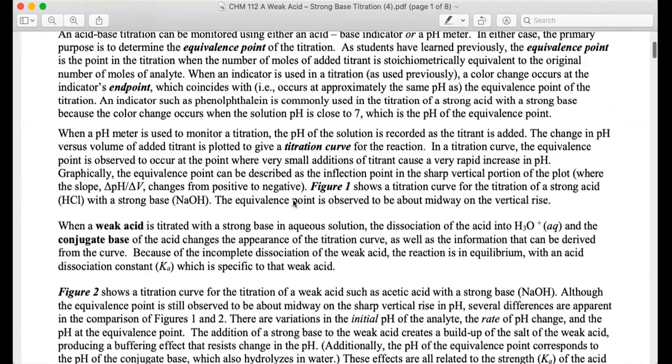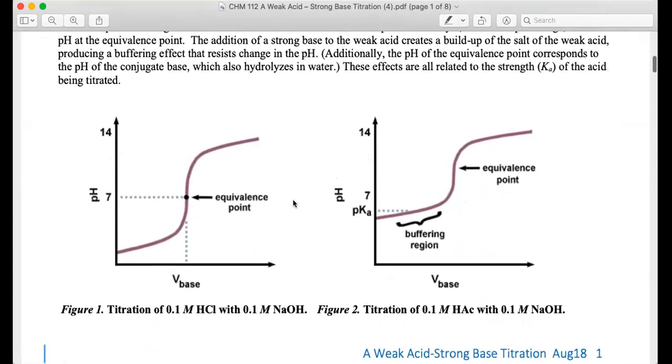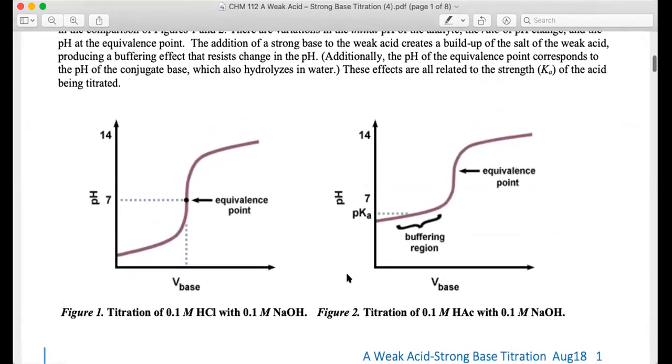So again, this is for an acetic acid titration. Okay, but everything in this handout is still pertinent to this particular experiment that we're going to do via the simulator. Okay, so now in 111 we would have done at least some version of a strong acid, strong